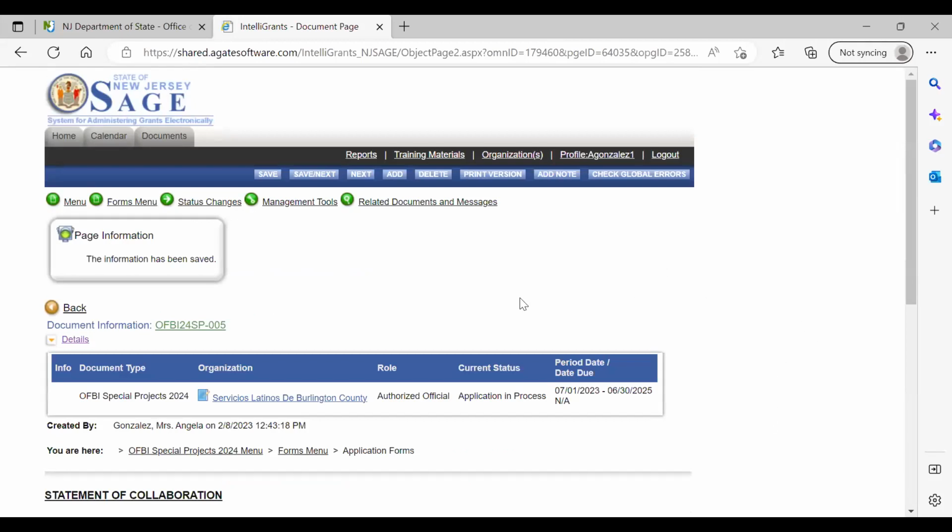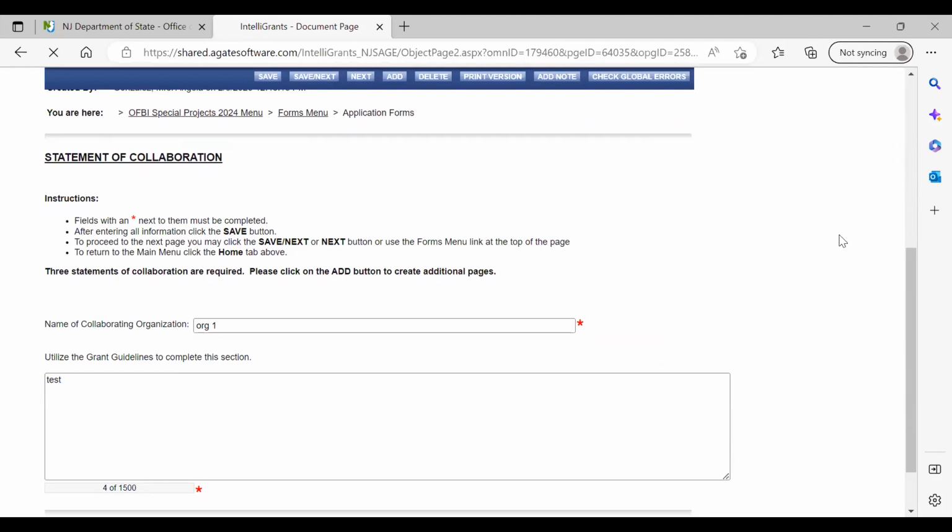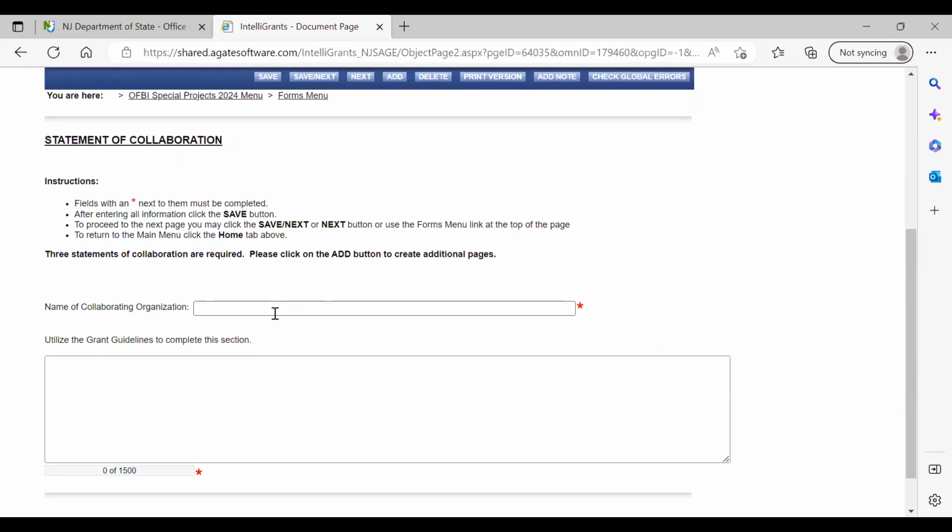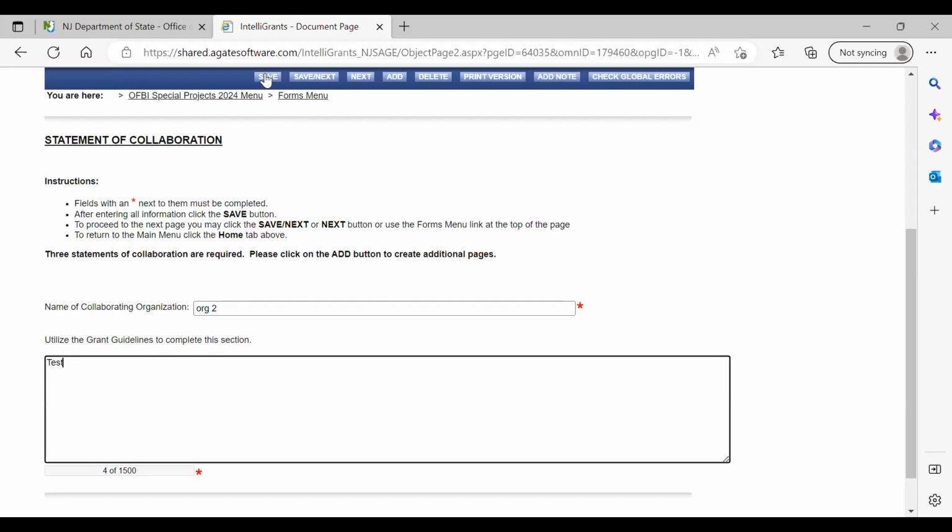All right, and then to add the next organization, you need to come up to the top, click the add button. What that does, it wipes out this page, and then you'll put the name of the second organization and summarize what that letter of support means, and then come up to the top and click save.